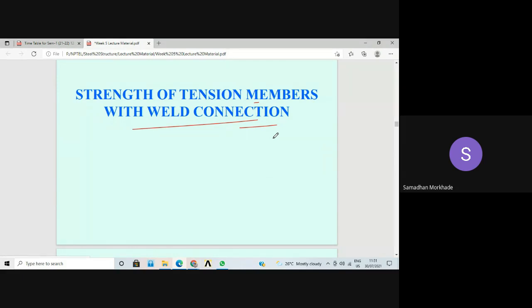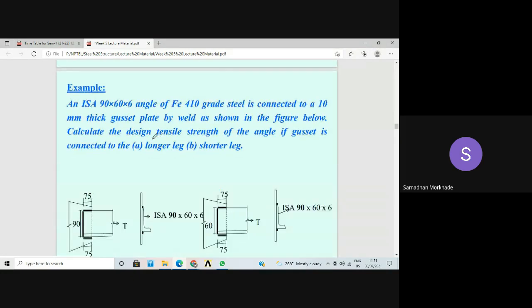With welded connections we are going to see the example. Now see, strength of tension member with welded connections. In case of welded connections, there is no term like net area; all are the gross area, because there is no hole in a welded connection. But still here we are using Anc equal to Ag, the gross area. We are not going to alter the equations. Just Anc is equal to Ag; that we have to remember. So now see how we are going to complete this example.